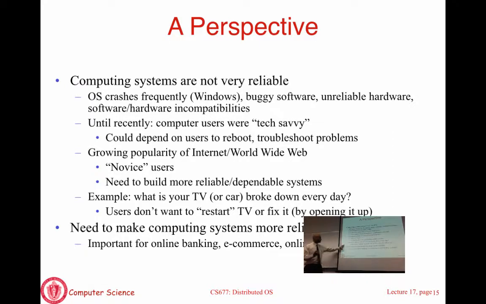So what this says is as distributed systems become bigger and more pervasive, and non-technical users start using them, they are not used to this mode of operation that computer scientists seem to take for granted, which is: let's ship software that has bugs, let's assume that things are going to fail, we are simply going to restart it and continue. That's not going to be the case. You have to make your systems more reliable.